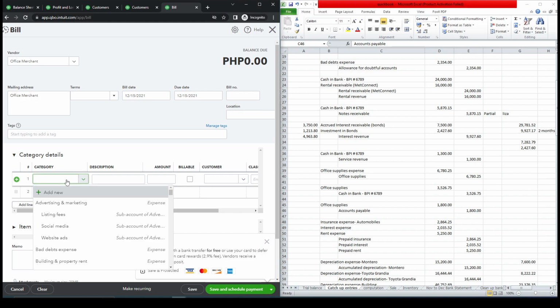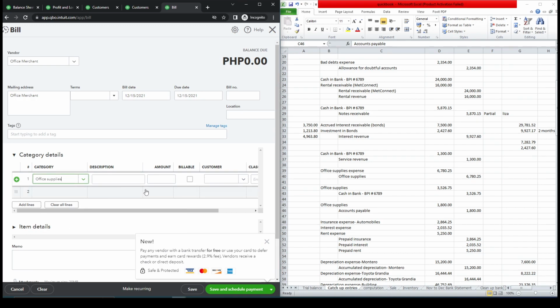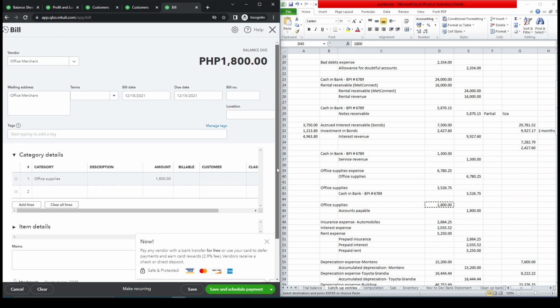Then here is the office supplies, and the amount is this one. So if we post this one,